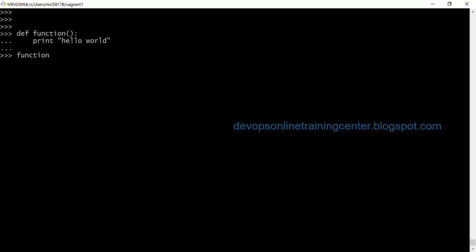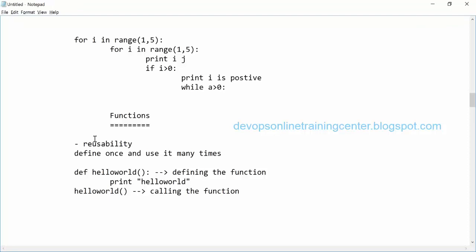Now if I call function, it will print hello world. So this is where the function is actually defined, and from here we are calling the function, right? The keyword to define the function is def, then the function name with the braces and the colon. For everything there will be a colon, followed by the indentation, right? Is this clear?